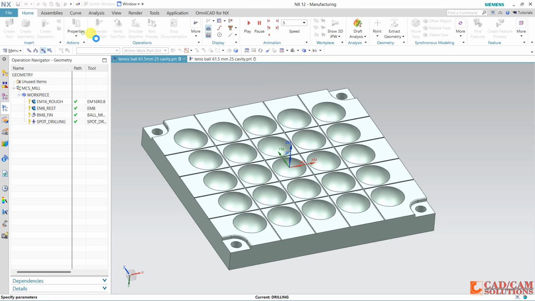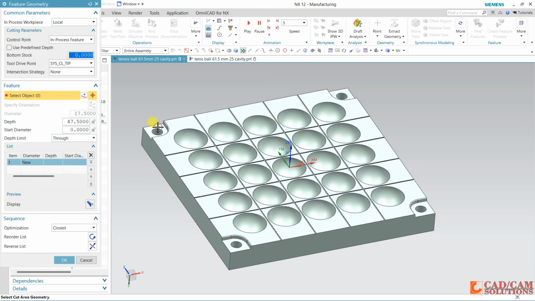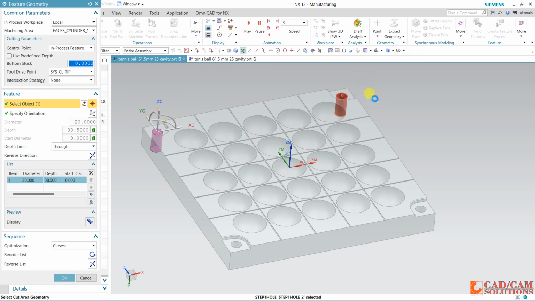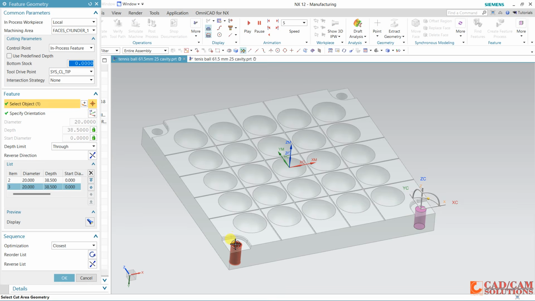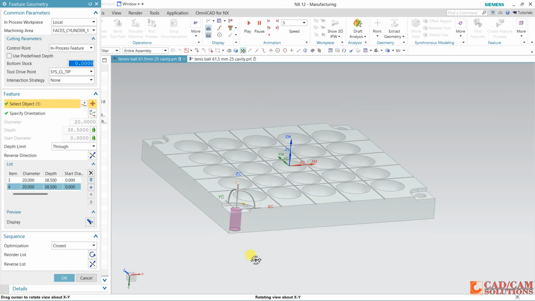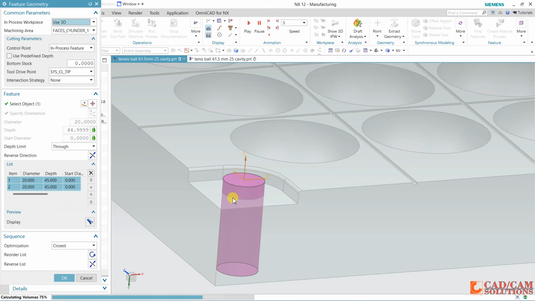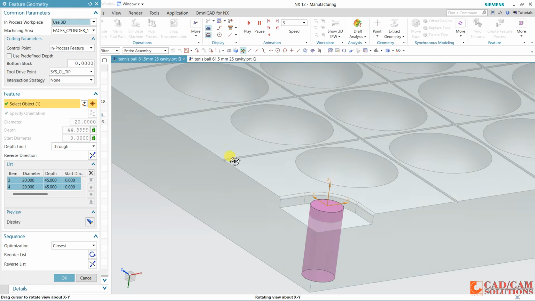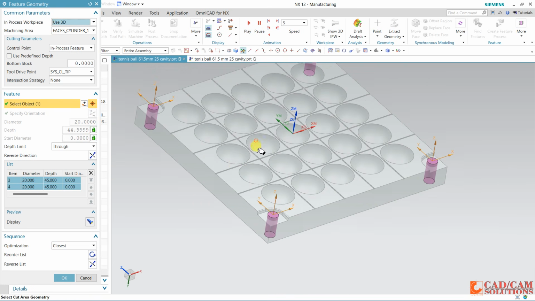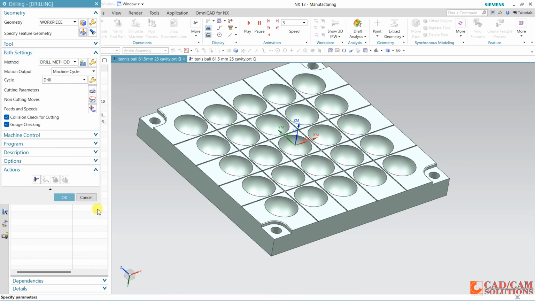Okay, and select the feature and select this, this and this. It is starting from this flat face, so you can change it, use 3D, so it will start from top. Okay, my drilling operation is generated.